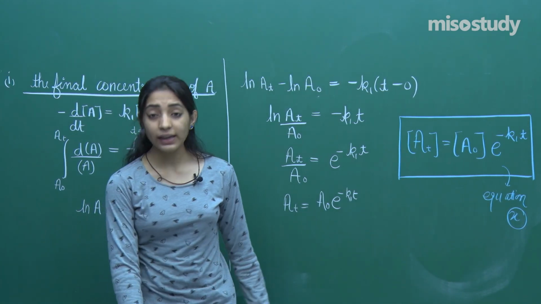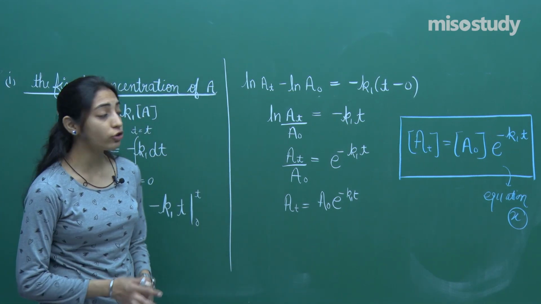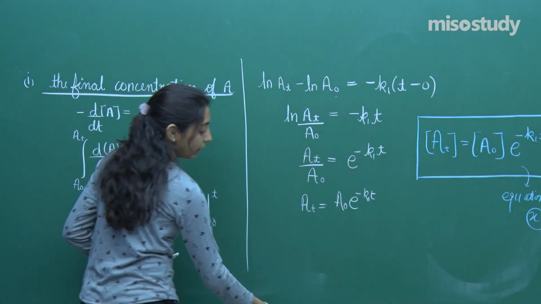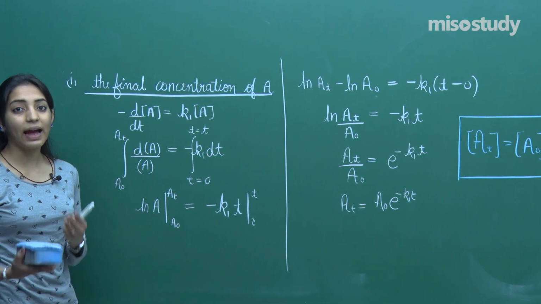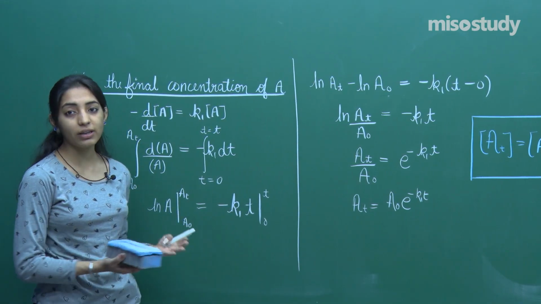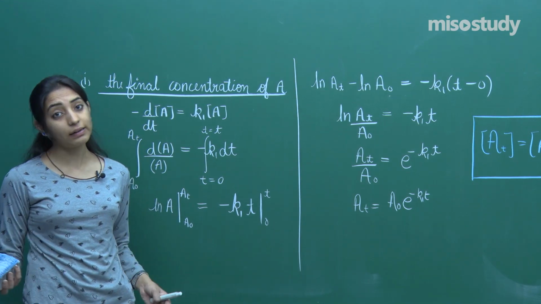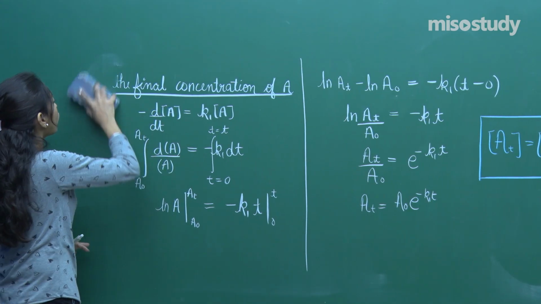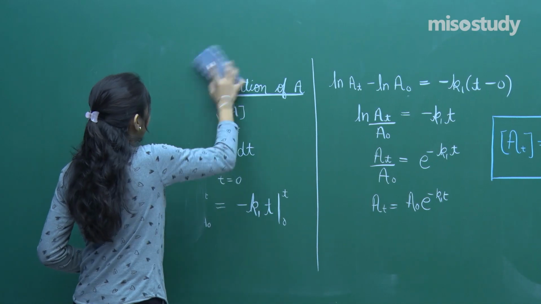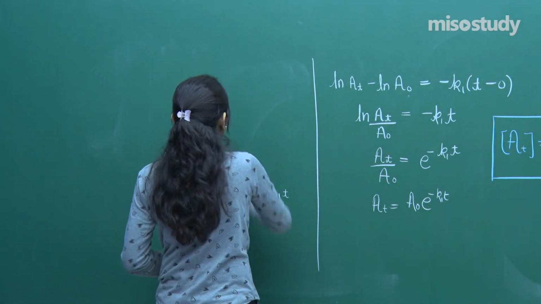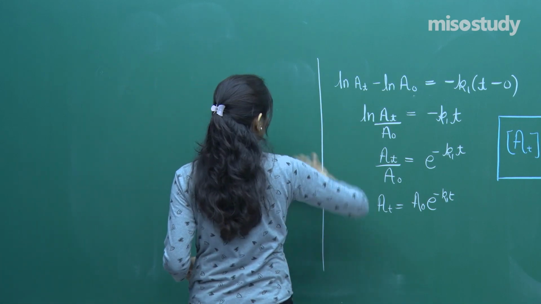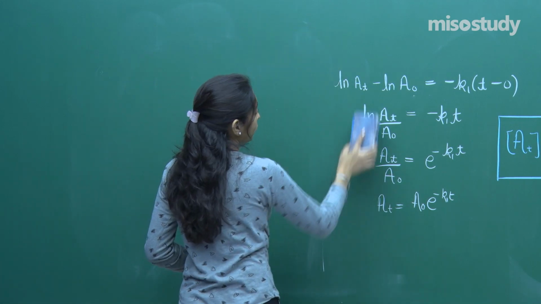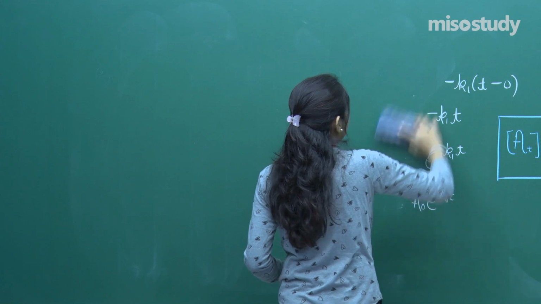Now let us do one thing, let us move on to the calculation of concentration of B. So the derivation which I am going to start now is actually an important thing. I mean, individually it's really important, you have never done it earlier in chemistry. So we'll go very slowly, step by step, and we'll try to come up with an answer. So before I proceed further, let me just erase everything.